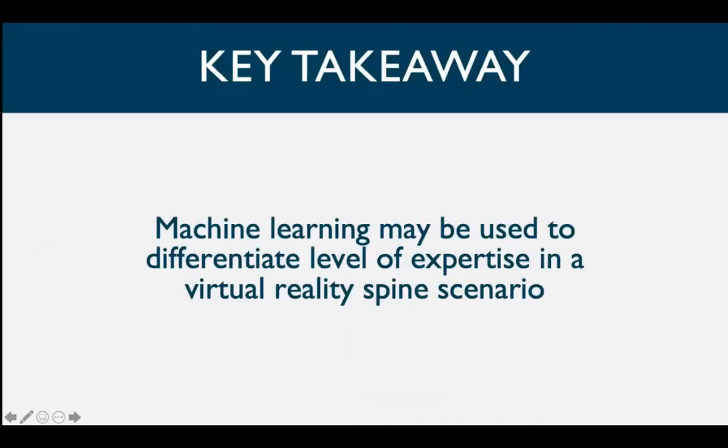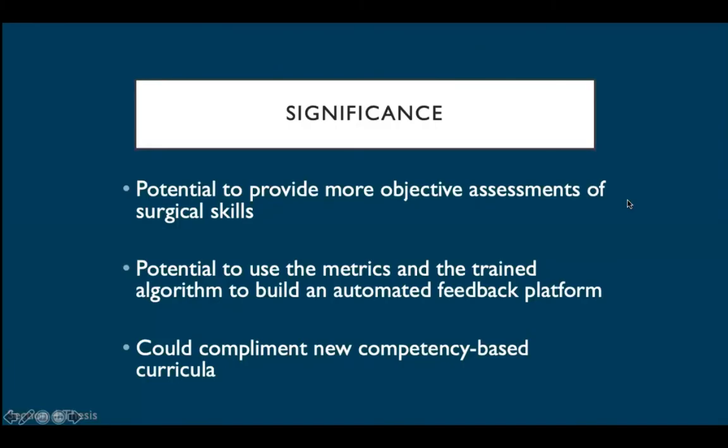So the key takeaway here is that machine learning algorithms can potentially be used to differentiate level of expertise in virtual reality scenarios, and that could be huge for surgical training. As we said, it would provide more objective assessments of surgical skills. You wouldn't have necessarily someone assessing you, but you would have objective measurements, really. Your speed, your force applied, they're all numbers that